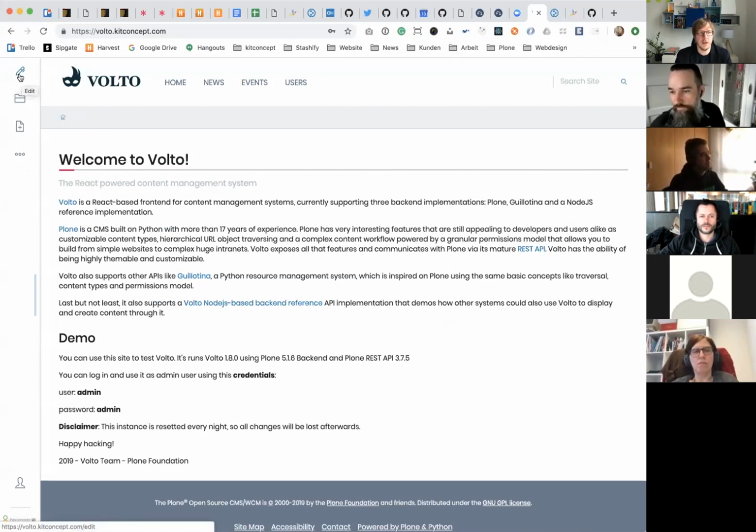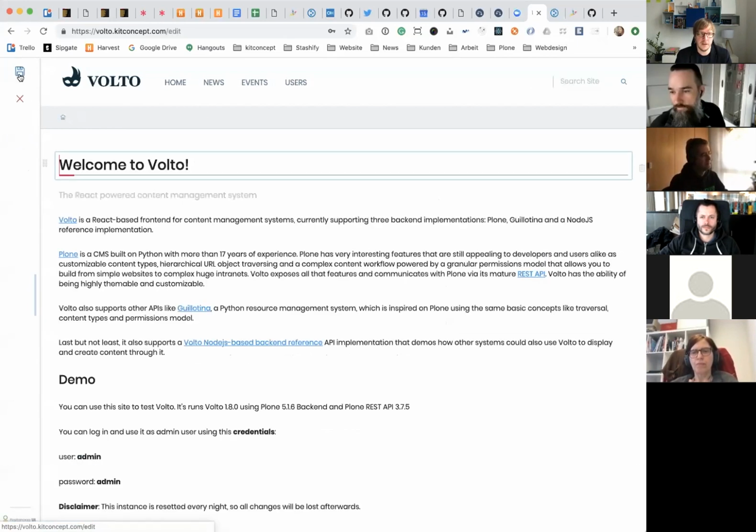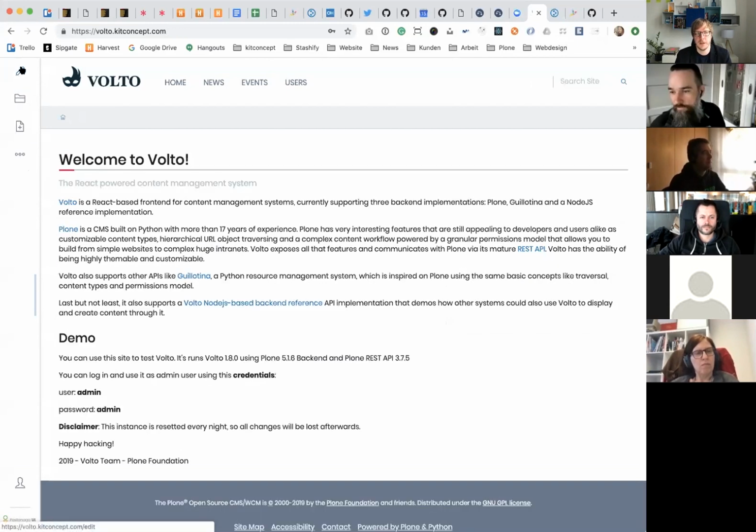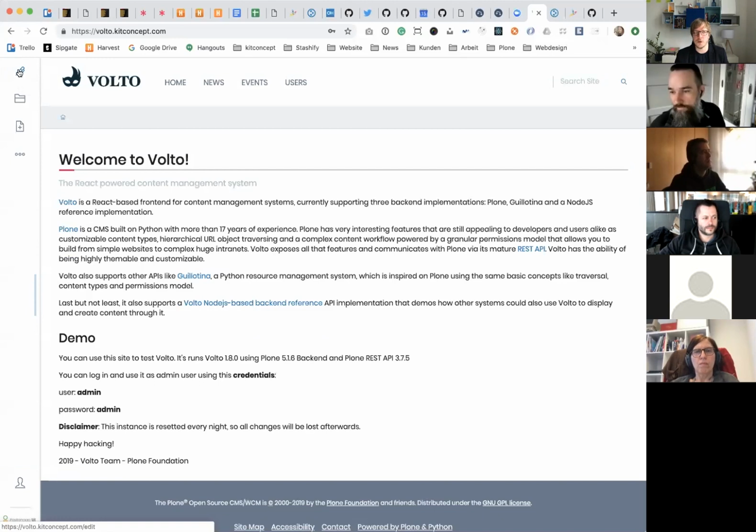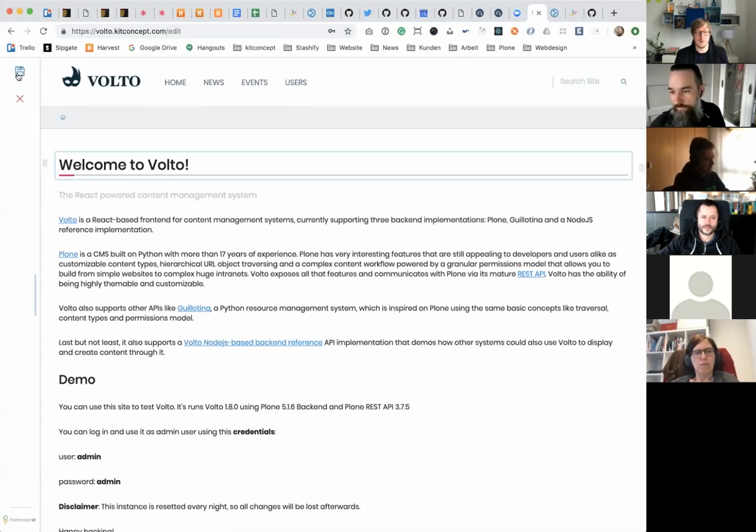One other key idea of Pastanaga UI is the toolbar that adapts automatically to the current status. So if you click edit here, the toolbar will only show you the actions that you can do here. You can save, or you can cancel, right? So the toolbar will always adapt to the current state and make it really easy for the user to focus on the actions that are actually possible.